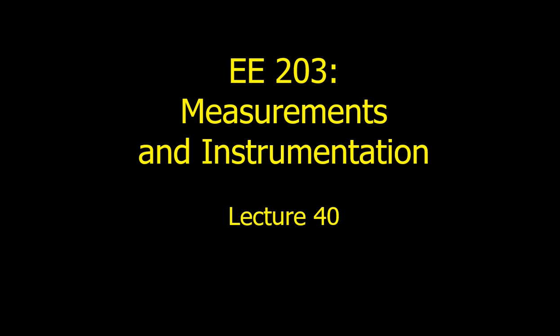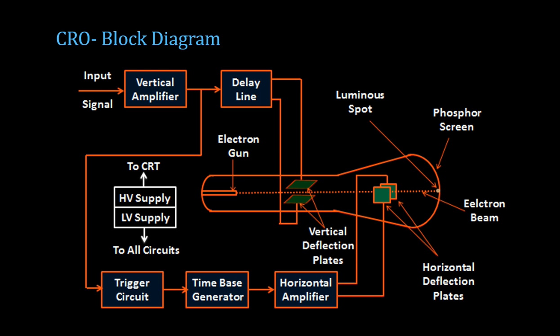Hello dear students, today we will be discussing the cathode ray oscilloscope. We have already seen the block diagram of the cathode ray oscilloscope. The block diagram consists of a vertical section as well as a horizontal section. We apply the input signal that is to be displayed to the vertical amplifier, and the horizontal section develops a time-base signal which gives the reference for the vertical signal that